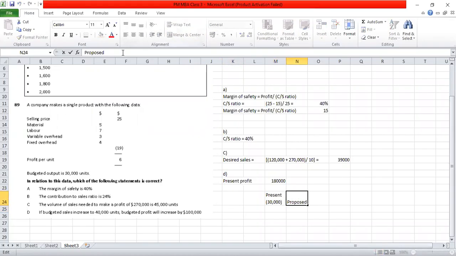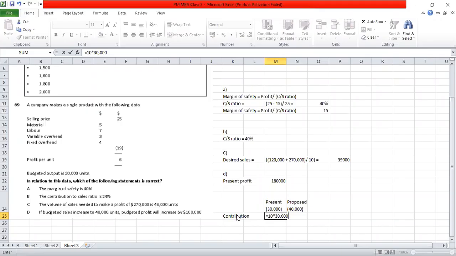The proposed number of units is 40,000. So let's check this one. We can directly start with contribution only because we know the contribution per unit. Contribution is 25 minus 15, which is 10. So here it will be 10 into